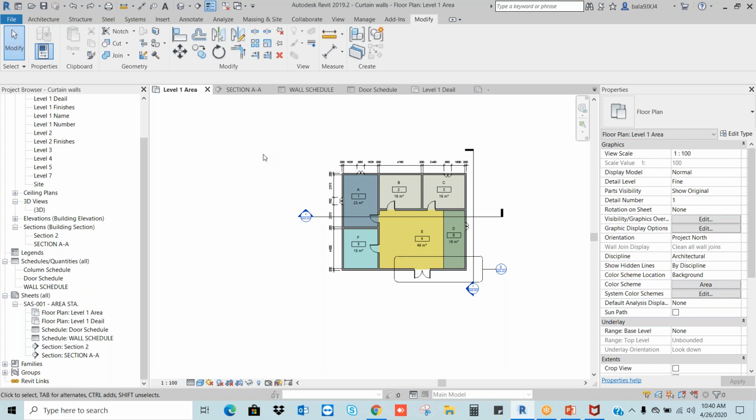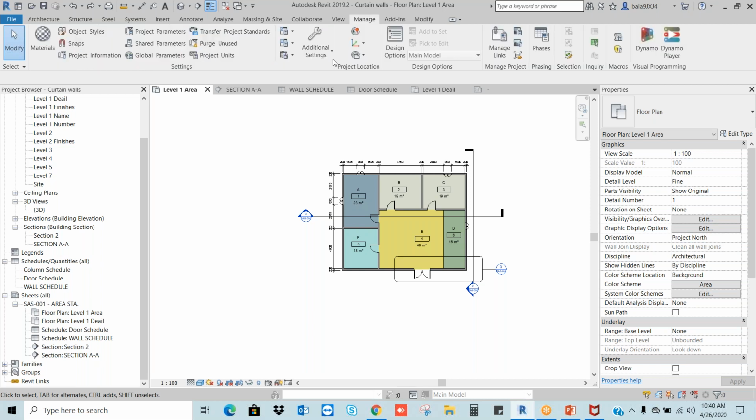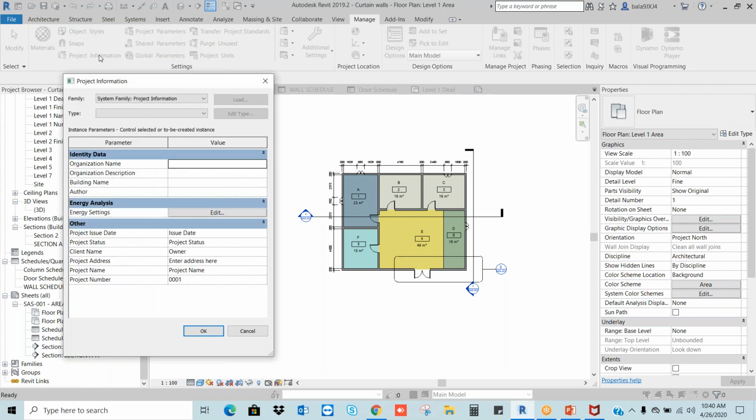So in the project area, I will go to Manage. Okay, in Manage, I have the Project Information. In the project information, you can find the client name as an owner.